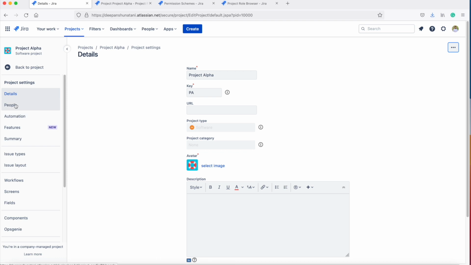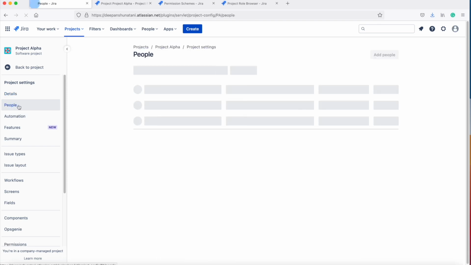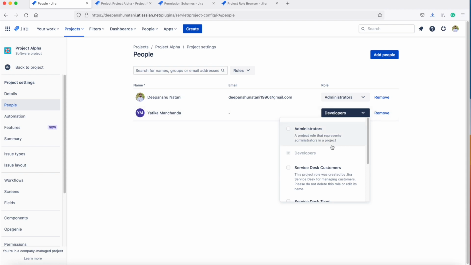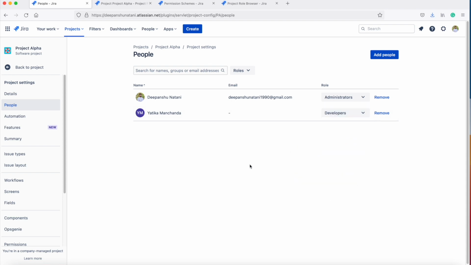then we'll go to People, and here if we check the role of this user, it's developers. Now I will check the permission scheme applied to this project and then check what permissions have been assigned to the role developer.